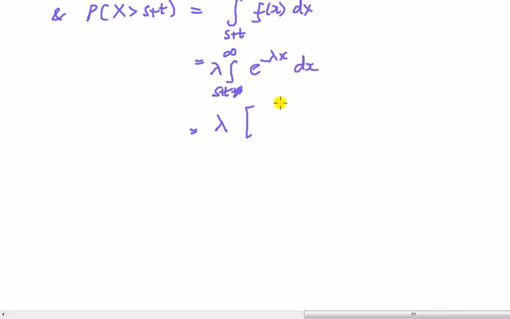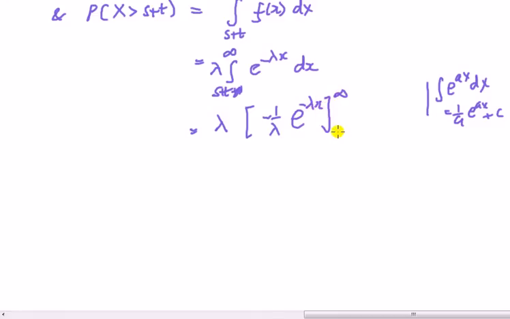And then recall the rule, the integral of e to the ax dx is equal to 1 over a e to the ax plus a constant of integration. So what we have here is minus 1 over lambda e to the minus lambda x, from s plus t to infinity,